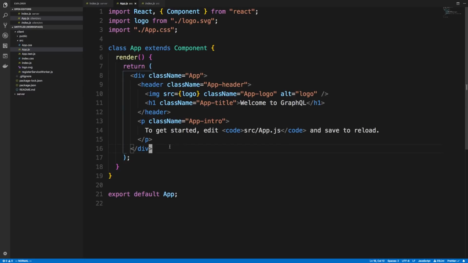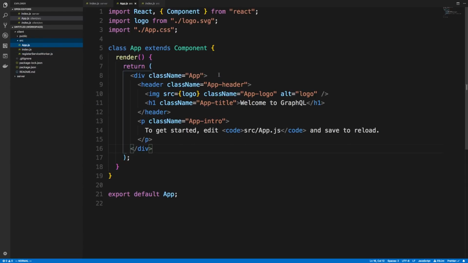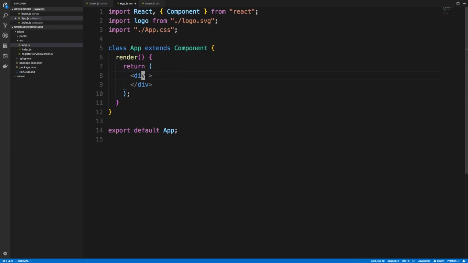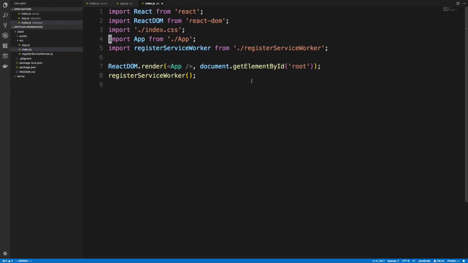But we can go ahead and delete some of these extra files because we don't need them. First off, app.test, we don't need app.css, we don't need index.css, and we don't need logo.svg. So those are just some extra files we don't need. We can clear out all this code right here and simplify it a little bit. We can just say div hello and get rid of these things at the top. The things at the top are just import statements using fancier JavaScript syntax. And we just need import React. And in index.js, we can just remove the index.css. So if we come back over here, it should now be blank, just hello,